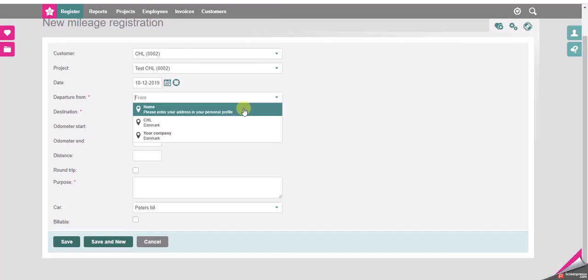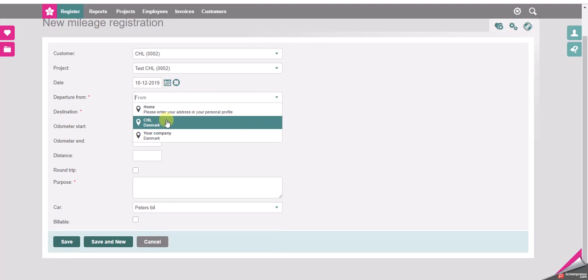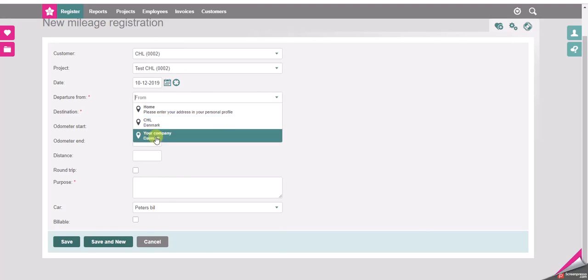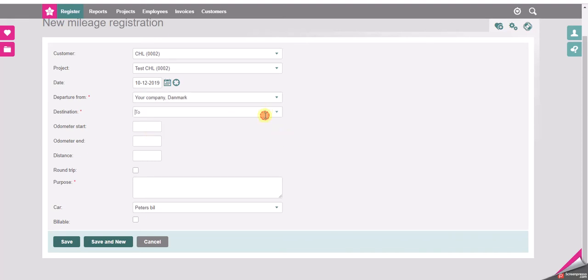You can have your home address, which is connected to your personal profile. You can have the customer address, which is drawn from the project, or you can have your company address. The fourth choice is that you can manually select an address here. But I will say I will drive from my company to my customer. Now I can select